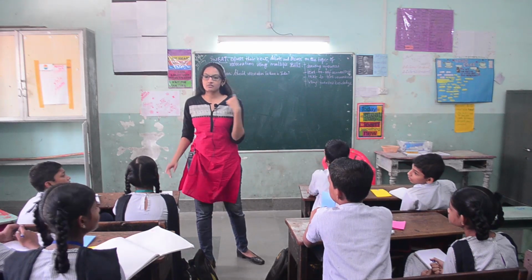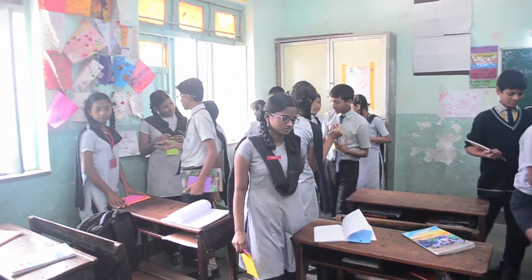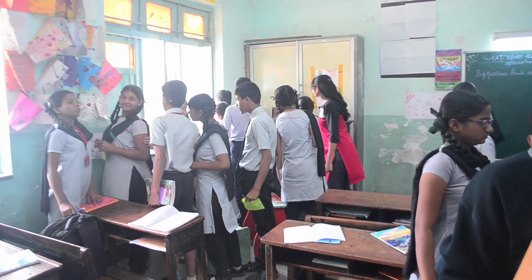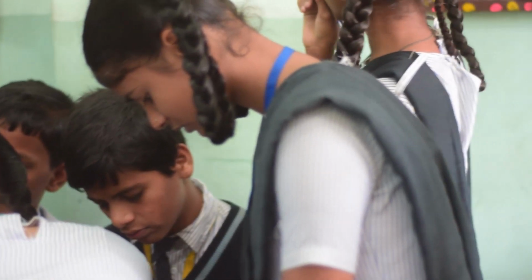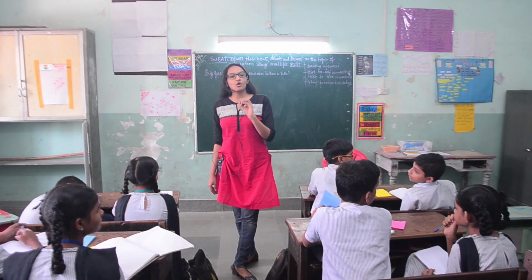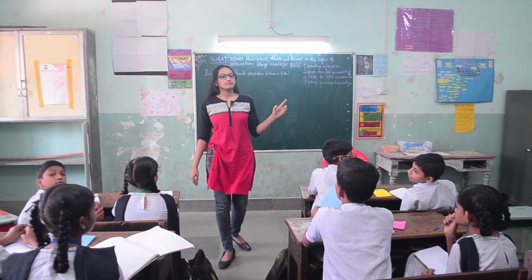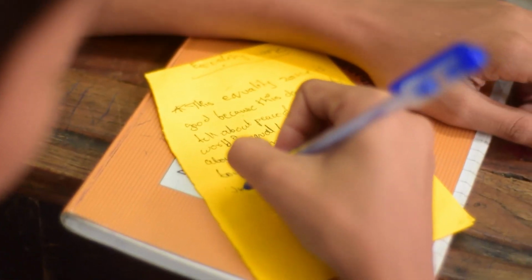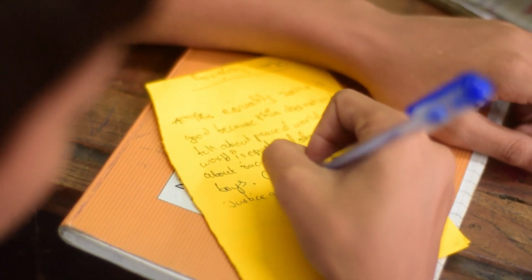You are going to move around the class. You are going to have a good look at each of the posters and then decide which poster resonates the best with you. Which poster do you connect the most with? These are all symbolic of different types of equalities. After you have chosen your poster, you will take a minute to write down why you chose that particular